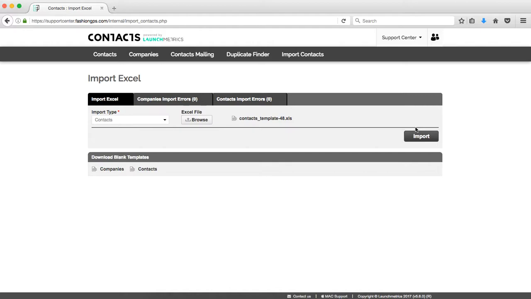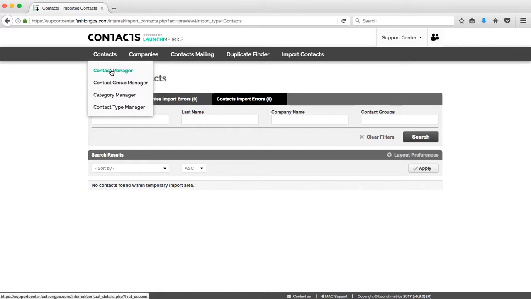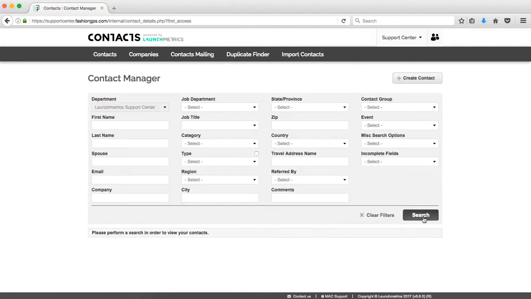If you did have any contact errors on the import, that page would pop up. This contact import errors tab would open, and this is where you'd have the opportunity to process any imports. Perhaps it's a potential duplicate, perhaps you've imported a contact that has a category or type that hadn't previously been created. The system will tell you exactly what the import error was if it was there. But in our case, all five went in successfully, so I'm going to go back to our contact manager, and then if I click on search,